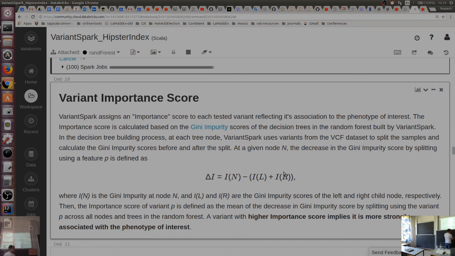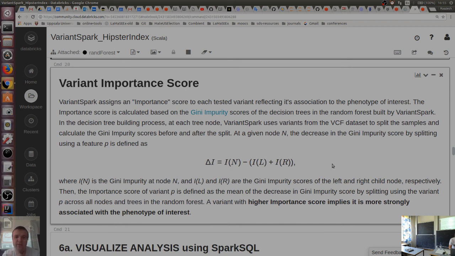And of course, the more splits you have, the lower this delta I, which will be the importance score. So for some variants, if they can be split just into two, that will be the highest importance score. If you need to split into many to get separation between these two phenotypes, then we will decrease the importance score. That's the approach. But if you click on this Gini impurity, there is a better explanation for this, and this is the formula they use to estimate